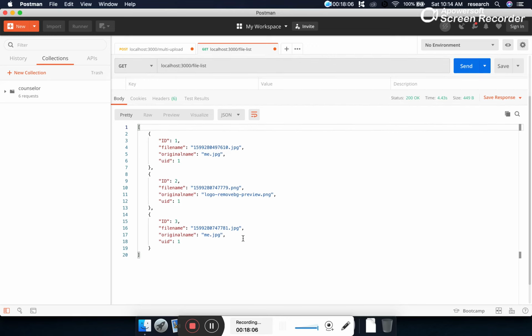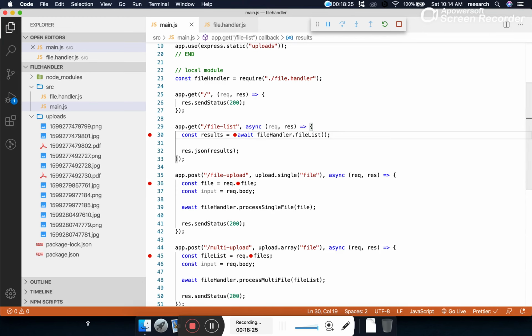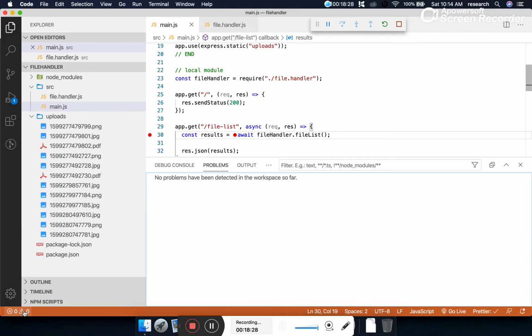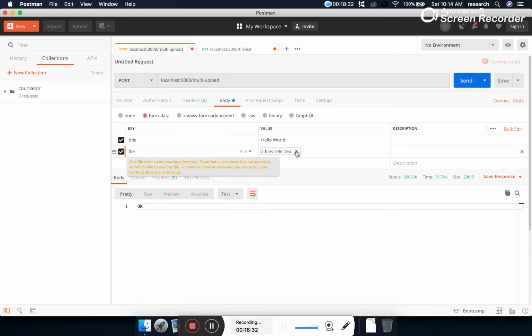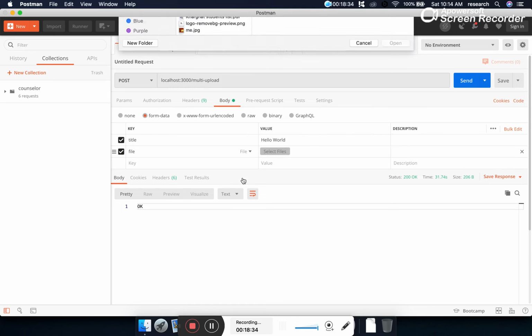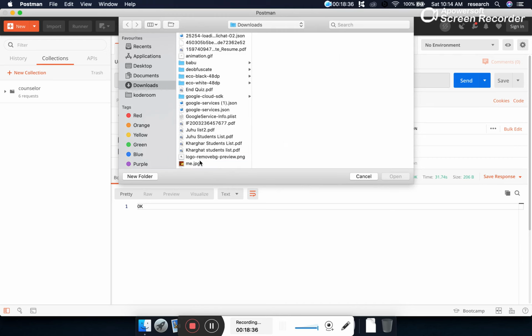So what the client can do now is iterate over this array and create the file album. That's what we will be doing in our next episode, how we will show it. So before closing the session, I will upload a few more files here. Let's upload some files one more time, and let's upload this file. It's 1, 2.